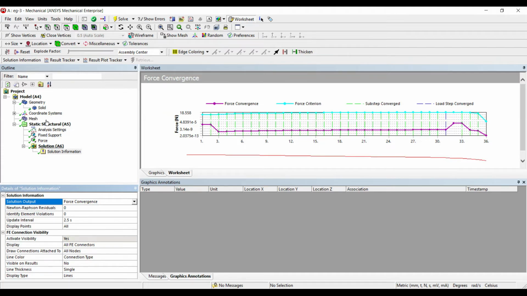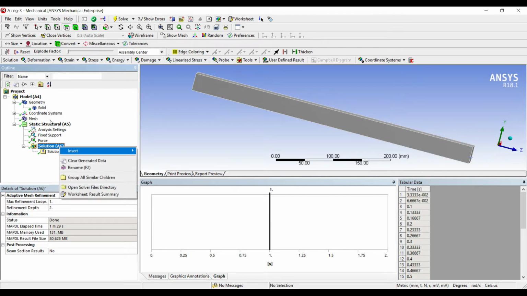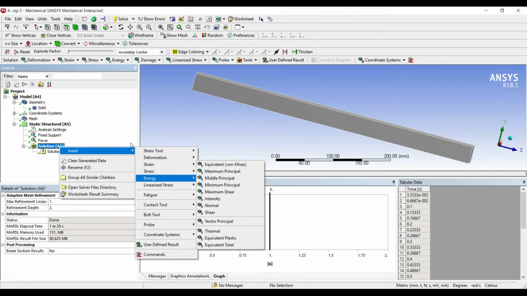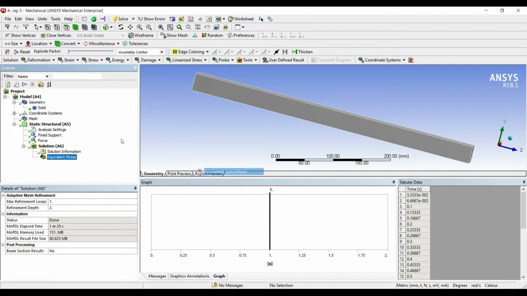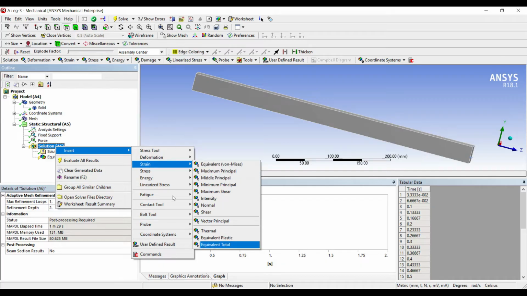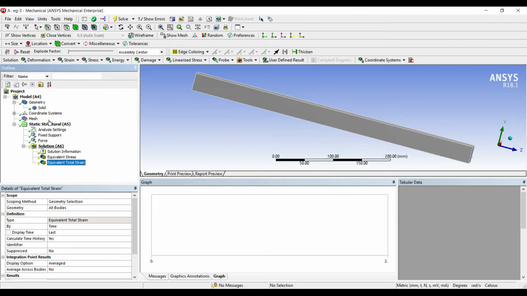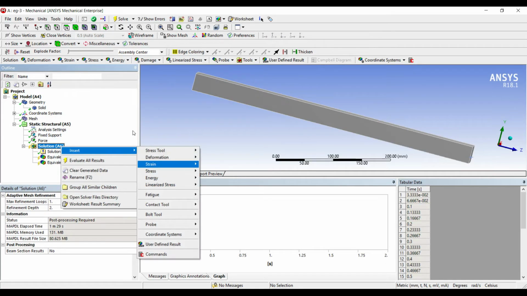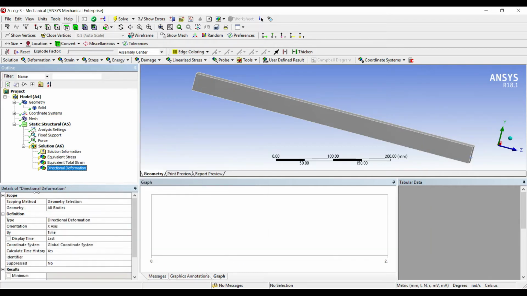I'll go to solution now, right click, insert, stress, equivalent, right click, insert, strain, total, right click, insert, deformation, directional. I'll change the direction to Z because the body is going to deform along the Z axis.